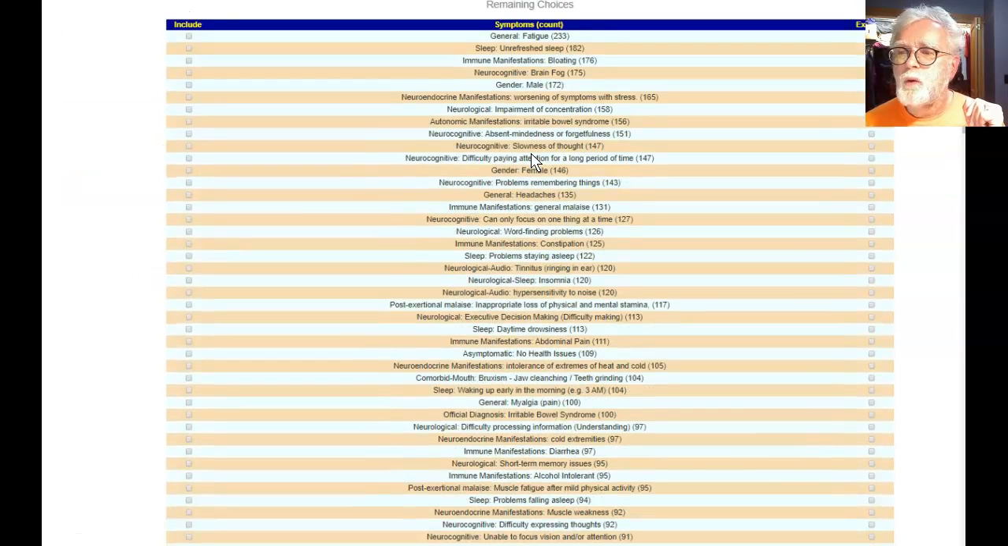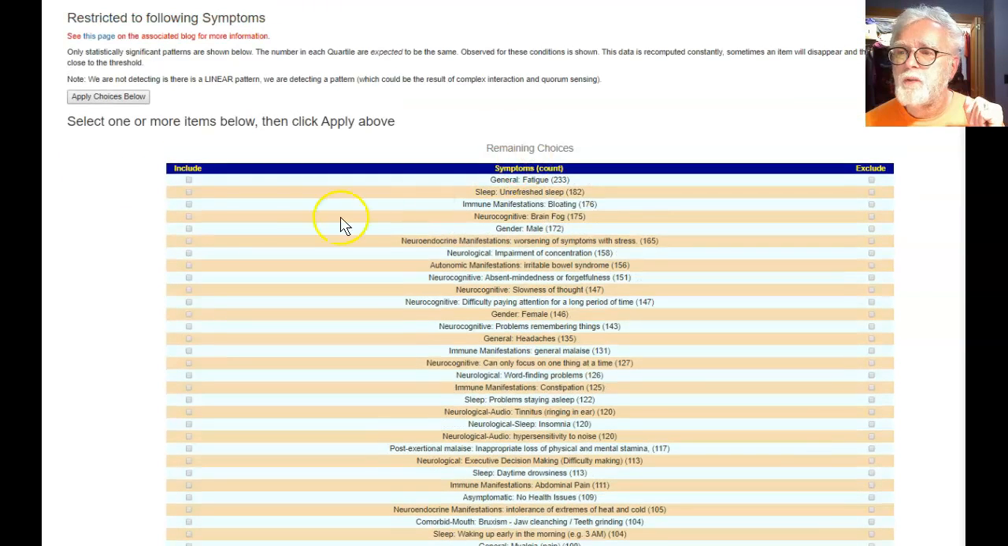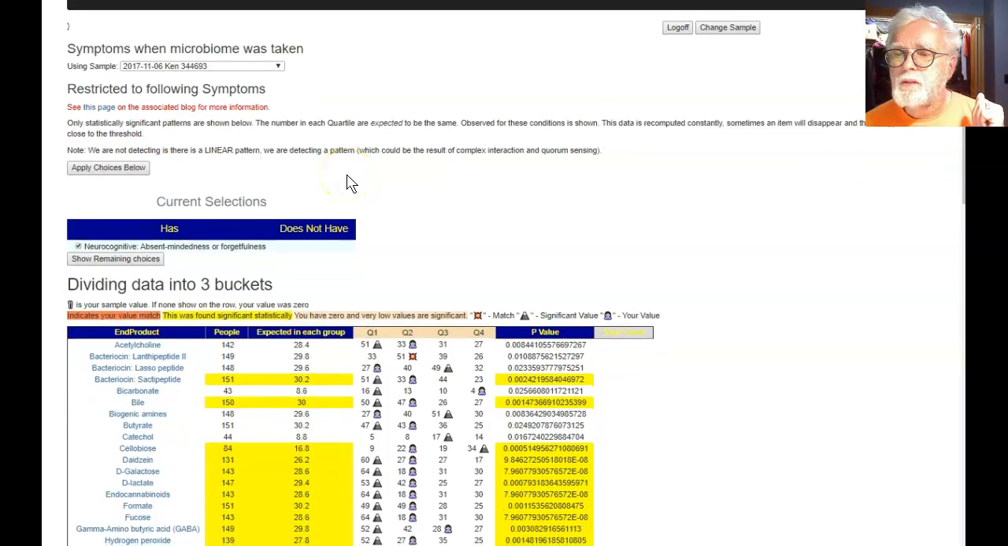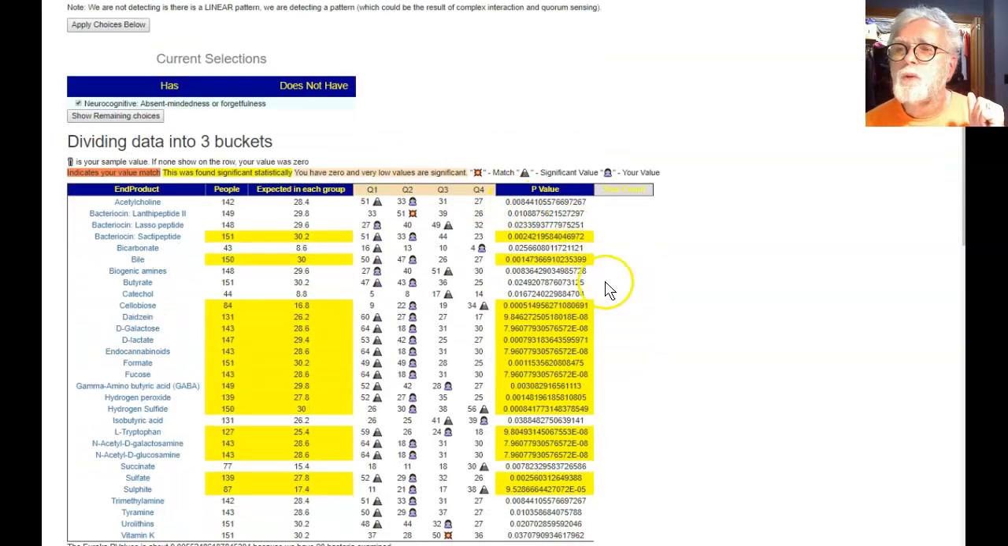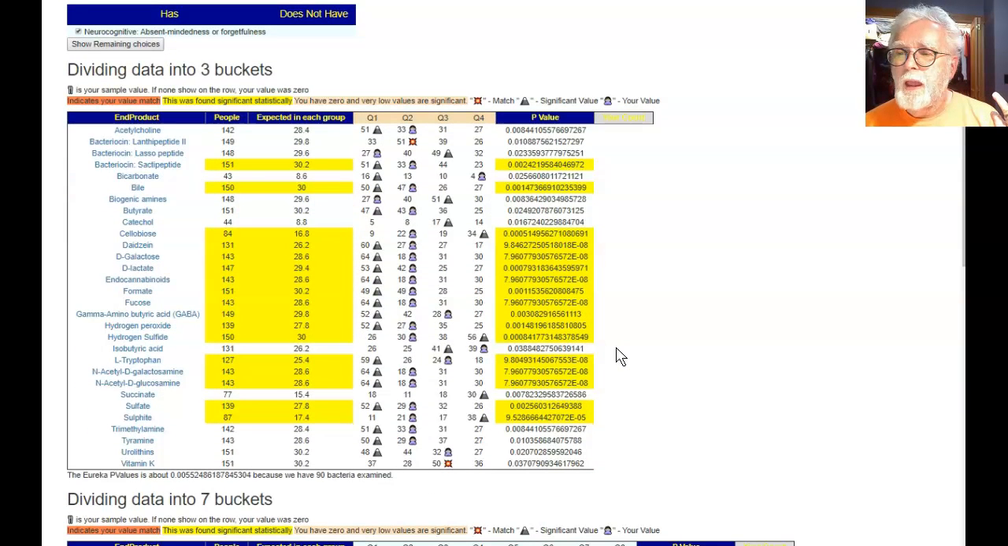And the Symptom Explorer is like the Taxonomy Explorer. It allows you to go in and select particular characteristics. For example, let's do forgetfulness and apply the choices below. And we now see the results of the analysis. In this case, I happen to automatically click into one of my samples, which was one sitting in memory, and it automatically